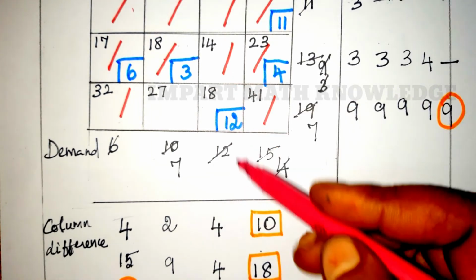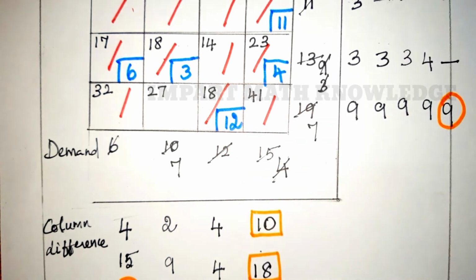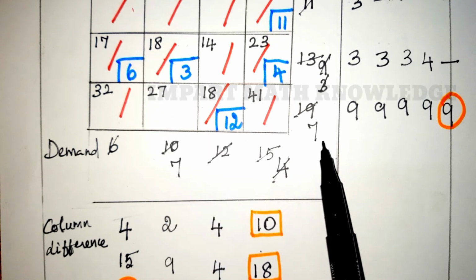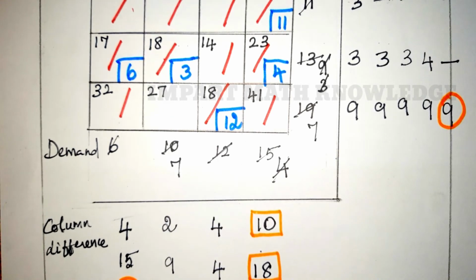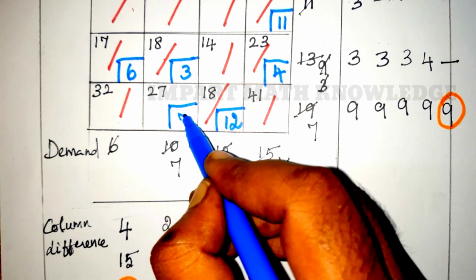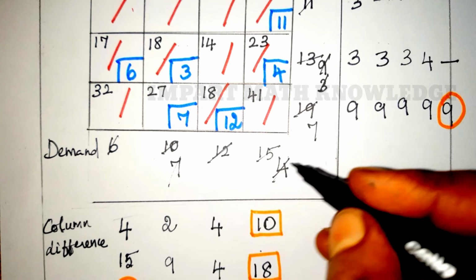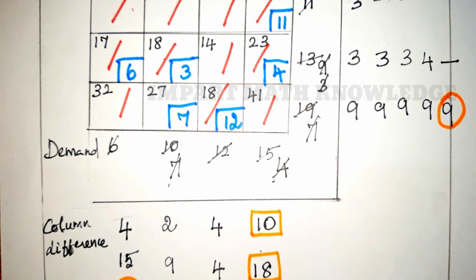Here demand is satisfied, so you strike out the column. The left out one is this cell. For this cell, supply is 7, demand is 7. So you allocate 7 here. Now both supply and demand is satisfied. In this way, you have to allocate the value using Vogel's approximation method.